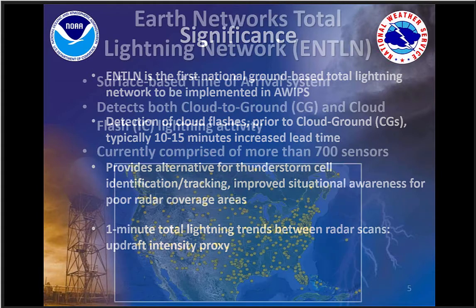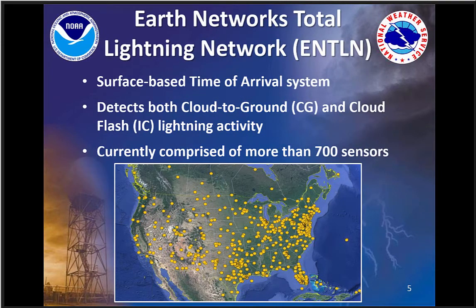So here's a look at the network itself. It's composed of ground-based stations, so that's what all those yellow dots are. And you can see there's some in southern Canada. There's a whole bunch in the Northeast Corridor region. There's a big bunch in Florida and a big bunch in Texas. And then elsewhere, it's sort of irregularly spaced. So that kind of gives you a sense for where the stations are, and if there were to be a big event, for instance, a hurricane landfall or something, that's when the number